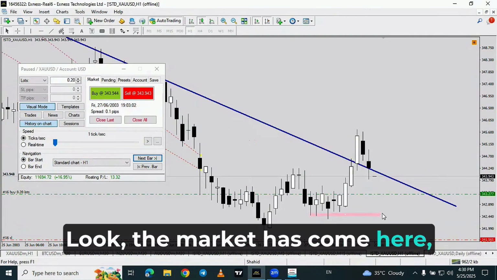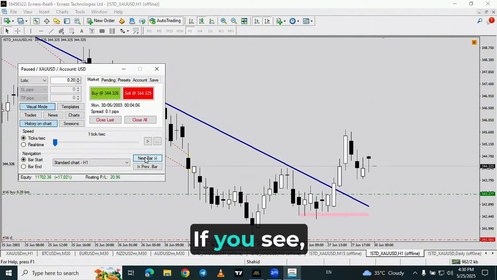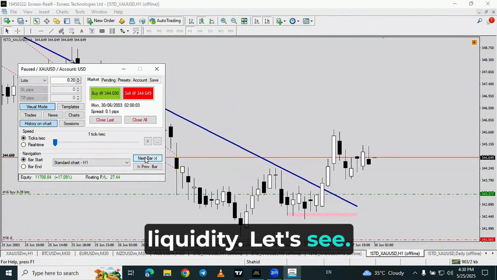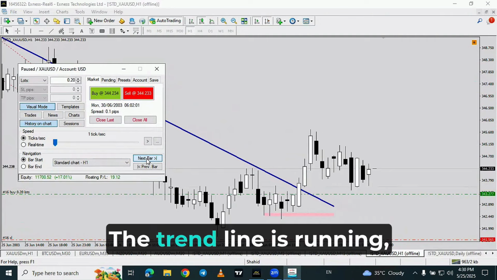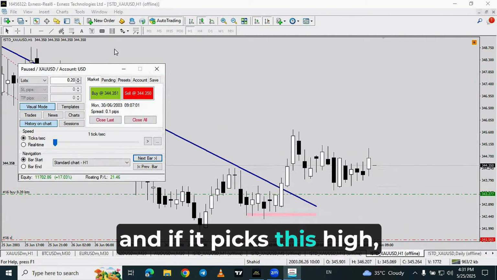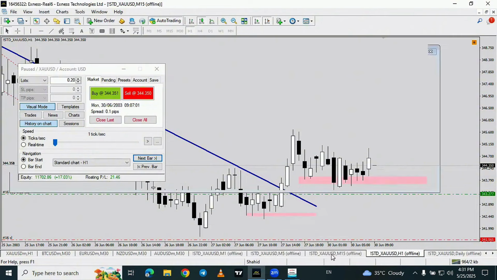Look, the market has come here and it targeted its self-head liquidity. There was no liquidity in between, so it targeted that. If you see, it has also targeted the real liquidity. Let's see. The market is bullish. The trend line is running, and if it picks this high, retracement can come in the market. The trend is bullish, so